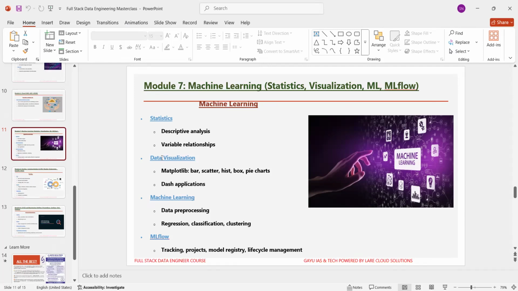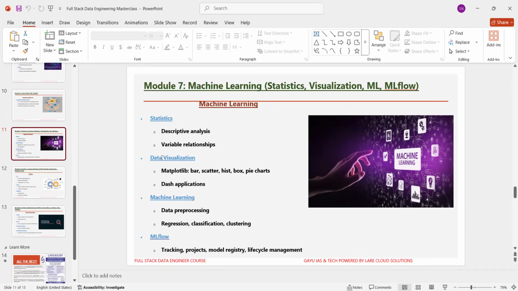After learning this, you'll practice tracking multiple experiments of your patient risk models, registering the best model, and managing its deployment lifecycle. The use case in MLflow is end-to-end ML lifecycle management for production readiness. This is about module 7.